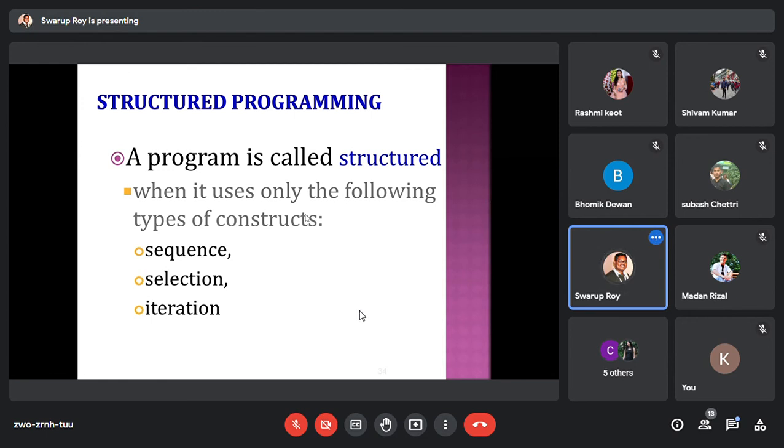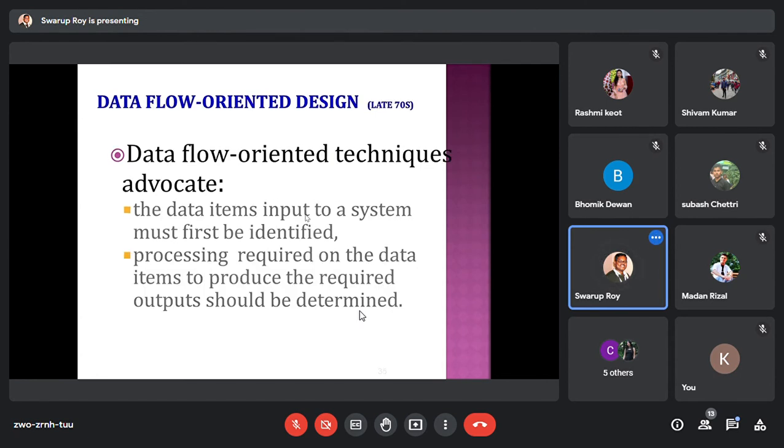It is not only functions; there is the more advanced object oriented style. In most cases it is objects. Python and all, everything depends on objects. The functions you are using are also under some objects, under some class. So nowadays everything is object oriented programming based software development. You can say it's a mix-up: normal sequence programming is also there, object-oriented programming is also there. Okay, so data flow is basically a style.